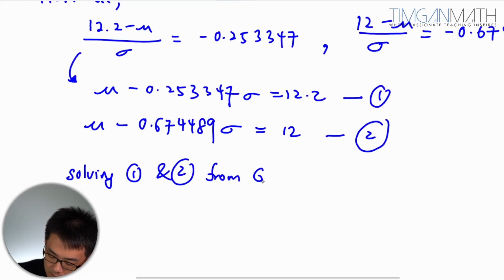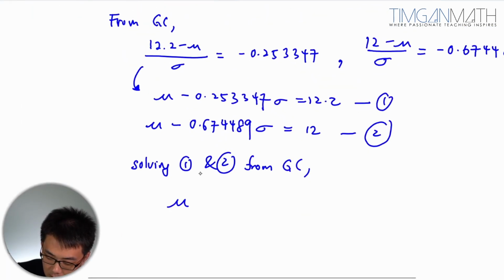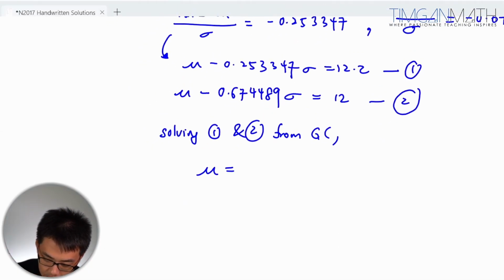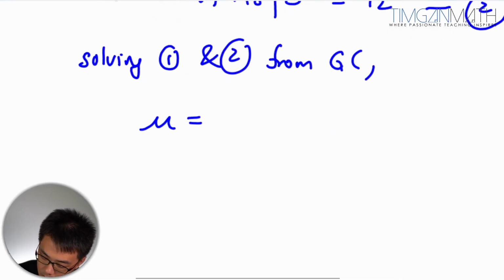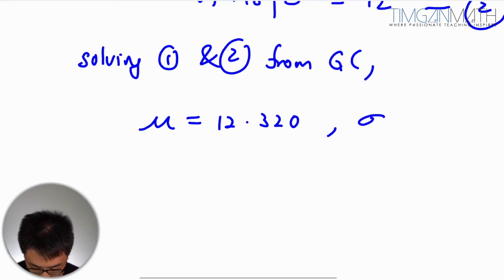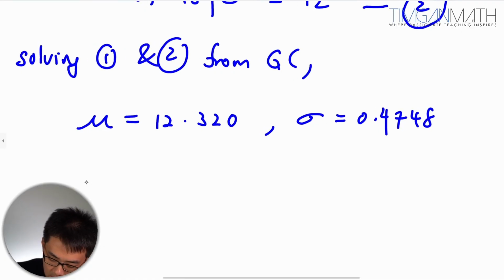From GC, you have mu. This is simultaneous, so I think simultaneous is not just use GC, okay? Solve it, then this will be 12.32. 12.320, and your sigma, what we have is 0.4748. So in this case, mu will just be